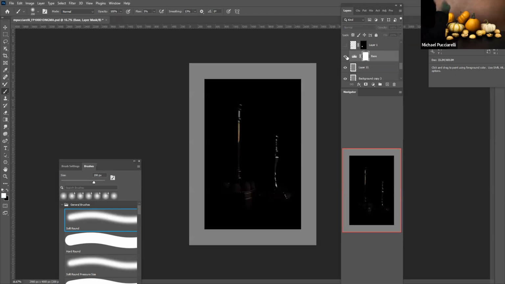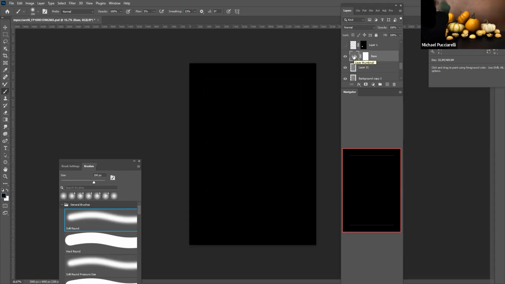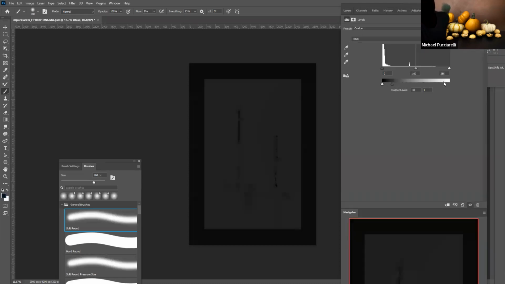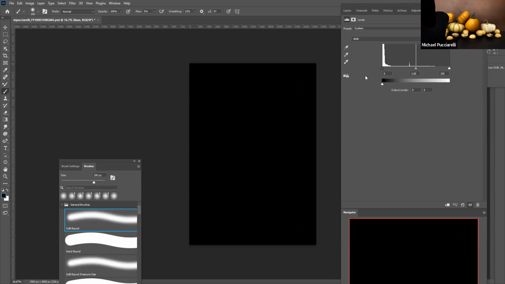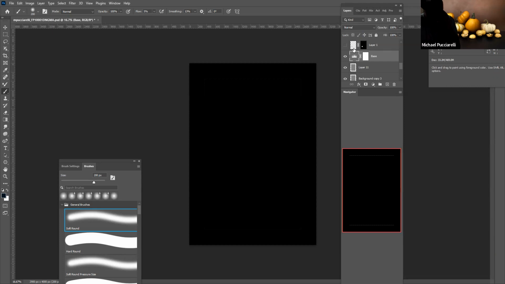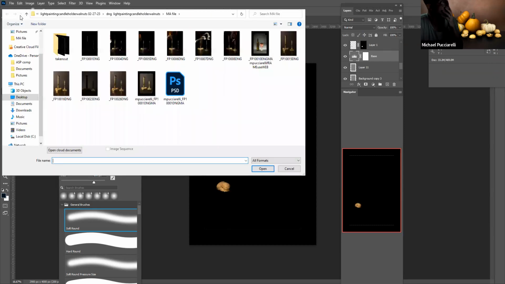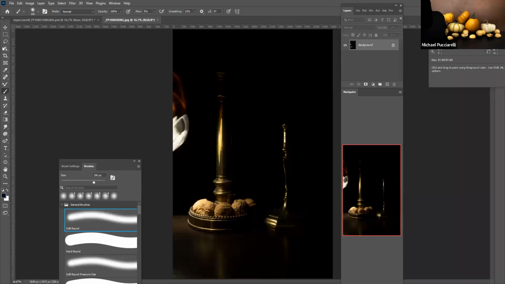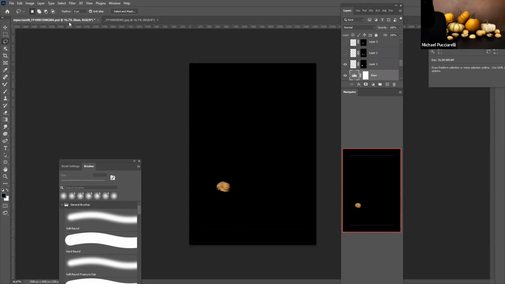The first thing I do is I run that action, make base file, where I just drag the shadows all the way to the left. Then I'm going to open up a JPEG. I would make a selection, do Control or Command C, and then